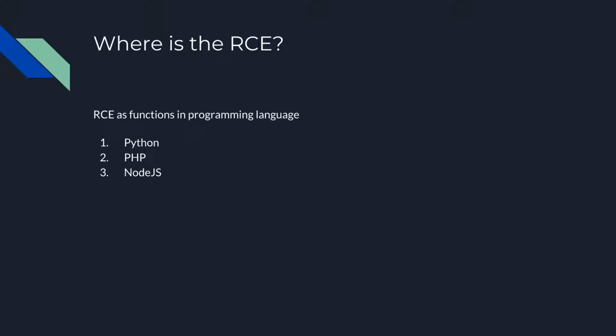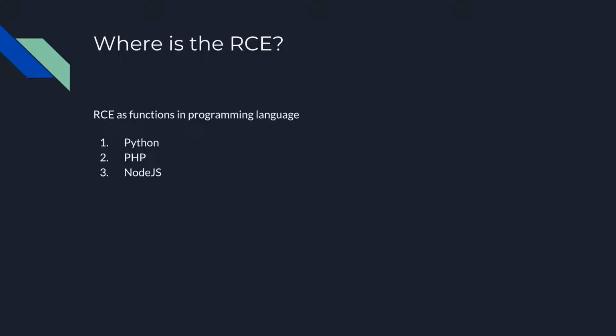Alright, now let's get to what an RCE is. At the start, I said RCE stands for Remote Code Execution. So what that means is, as a user, you are able to remotely execute a command on a server. You're not executing a command in a website, you're executing a command on the server that is hosting that website or that app or that feature or whatever you're attacking. In this workshop, we'll be covering 3 languages: Python, PHP, and Node.js, and we'll cover the functions that are important for an RCE to occur